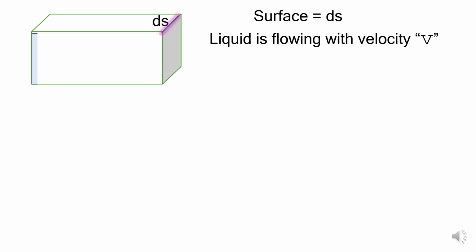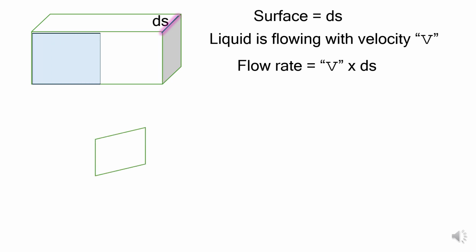There is a square pipeline, a square box with a surface ds, and liquid is flowing through the pipeline with a velocity v. Then there is a flow rate. That means the rate at which the liquid is flowing, which is called the flow rate, is nothing but the surface area ds multiplied by the velocity. Moving further, if I replace this analogy